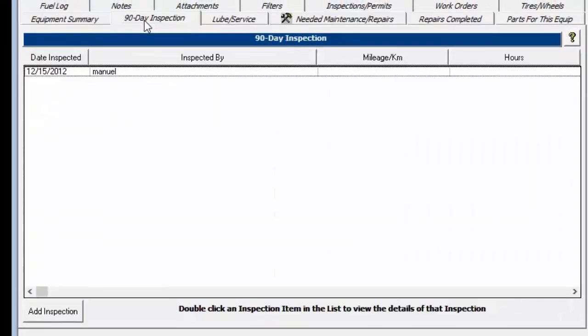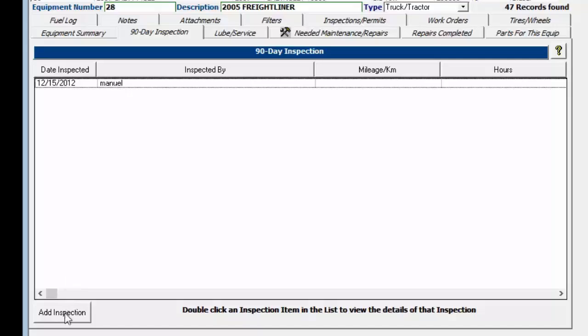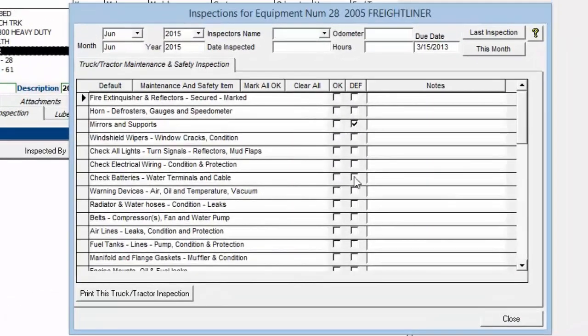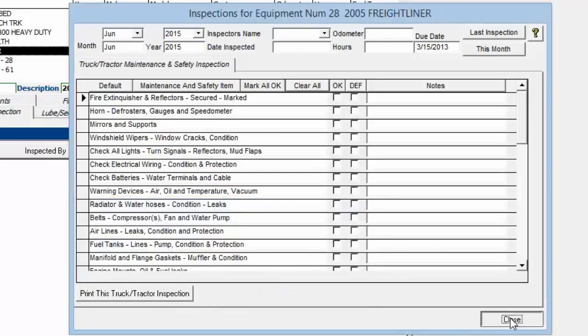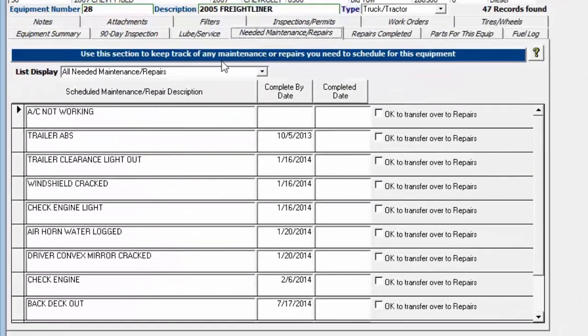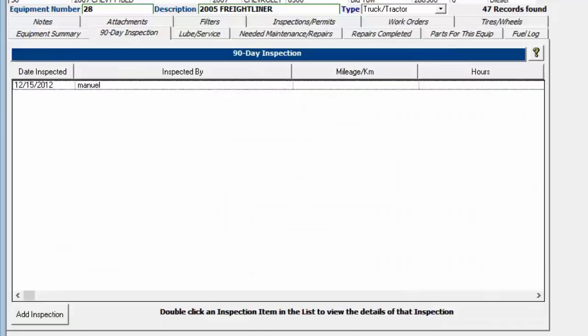Alright, and so now if I go back in to that particular inspection, and then if I choose to clear all, close that, go back over to Needed Maintenance and Repairs, you can see that one that was added has been removed. Okay, so now I'm going to look at a couple of upcoming features that we're adding to the next